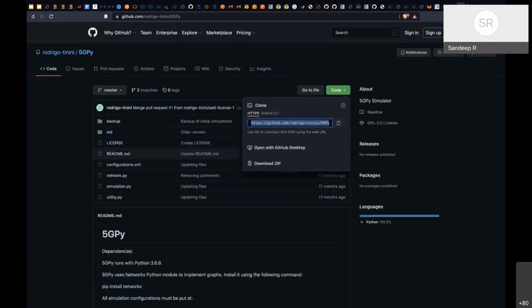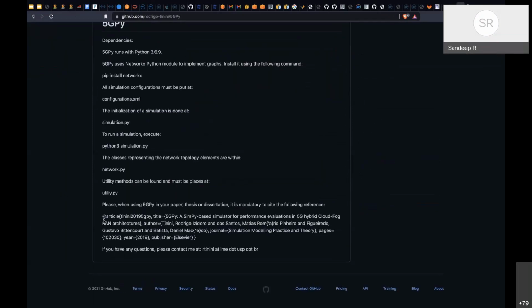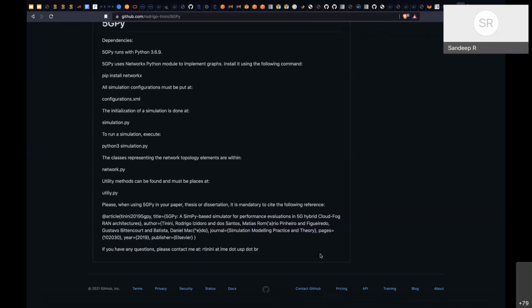So what I'm trying to show with this is that this is a simulation that was created from one of the universities as part of the research paper. So you can see the author name and everything here. At least it's easy to use. More than anything, I felt it is quite easy to use. Of course, their paper talks about the power computation and all that. A lot of things are there in the paper, but I'm more interested in the simulation part. I think they've done a good job to put their first building blocks for us to run something and get a feel of the 5G.